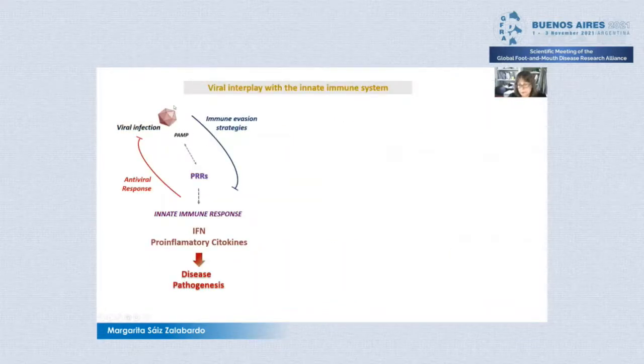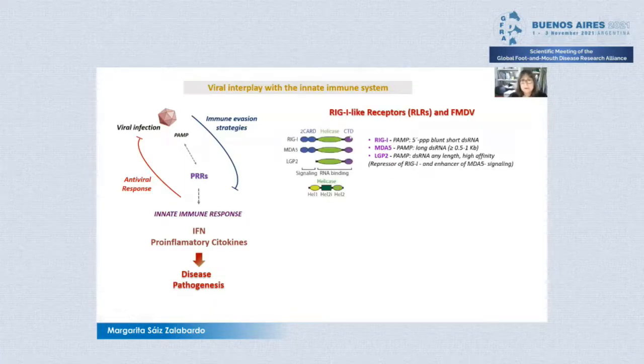Triggering of the antiviral response relies on recognition of viral molecular patterns associated with viral infection by viral sensors. On the other hand, viruses, and FMD in particular, have evolved a lot of mechanisms to counteract that host response. RIG-I-like receptors are a family of viral sensors, which are cytosolic and ubiquitous RNA helicases. The family